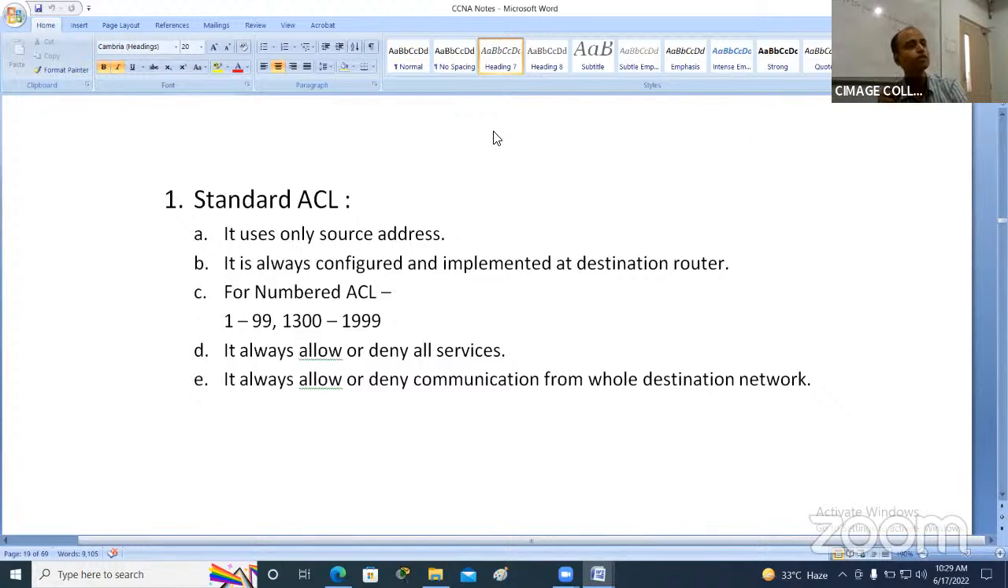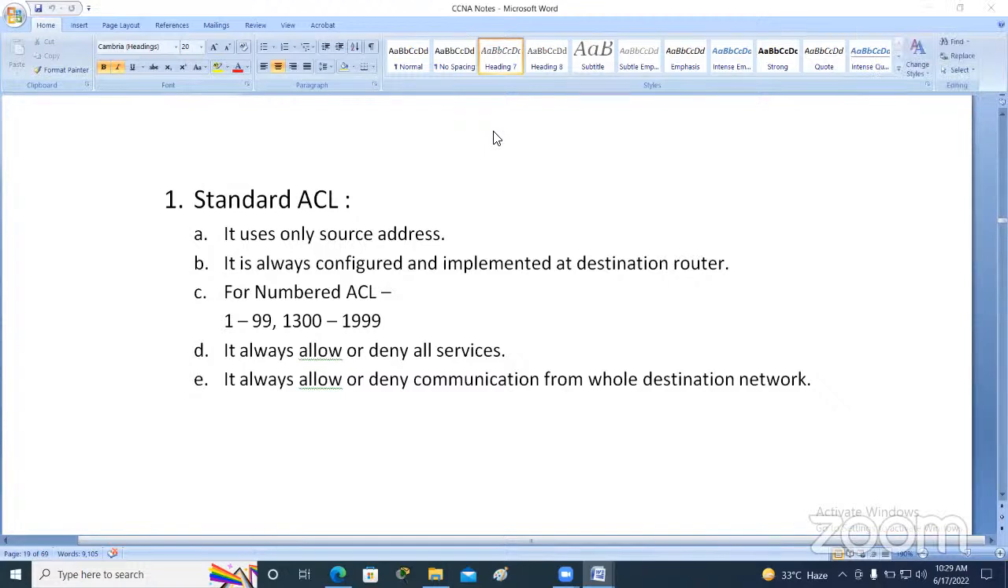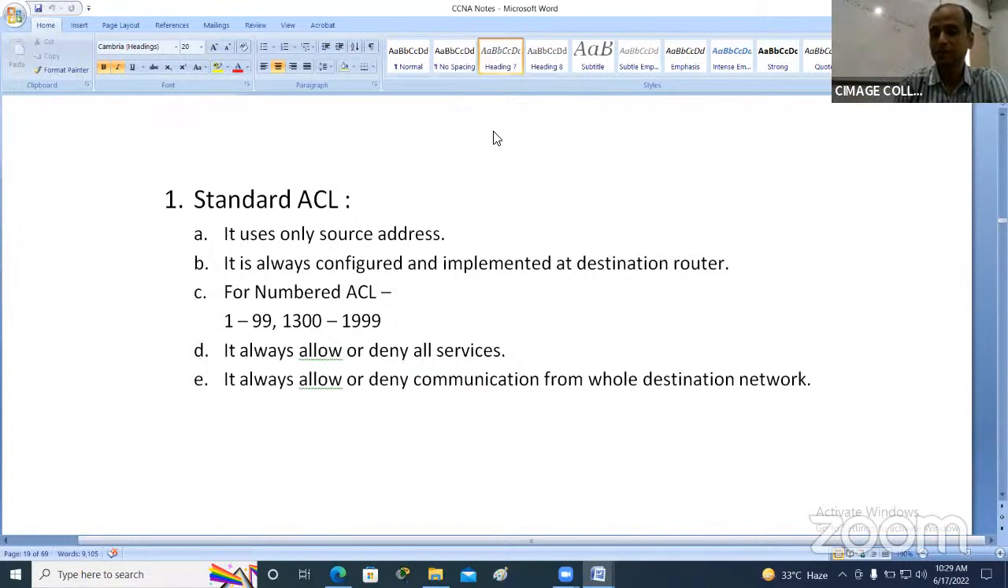जिसको रोकना था उसके पास सिक्योरिटी नहीं लगा करके, जिससे कम्युनिकेट करना रोकना था वहां पे जाके लगा रहे हैं, क्योंकि हम सिर्फ और सिर्फ ये बता रहे हैं कि किसे रोकना है, सिर्फ सोर्स के बारे में बता रहे हैं। तो स्टैंडर्ड ACL को हमेशा डेस्टिनेशन पे कॉन्फ़िगर किया जाता है, यानी जिससे रोकना है वहीं जाके कॉन्फ़िगर।